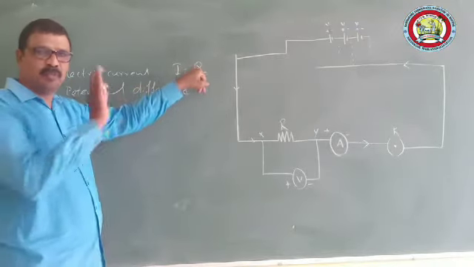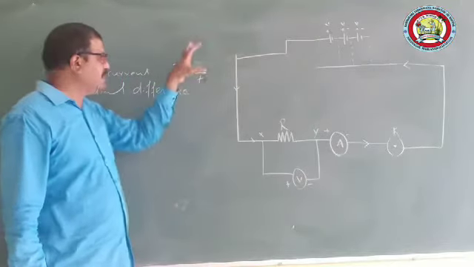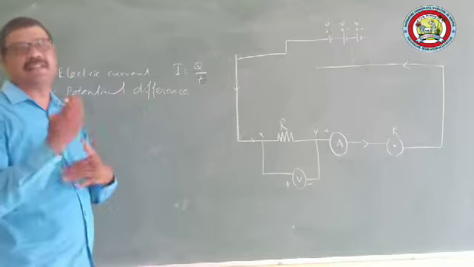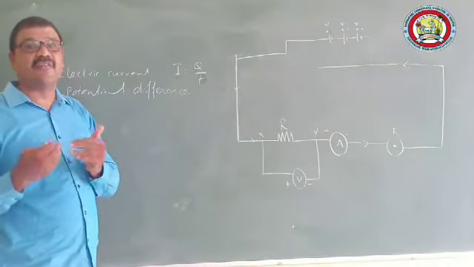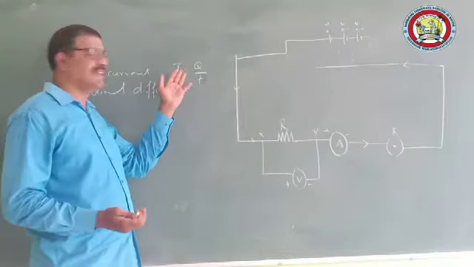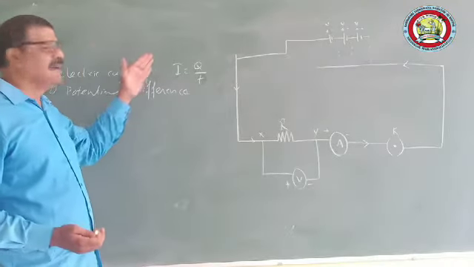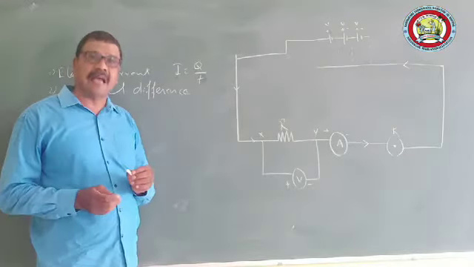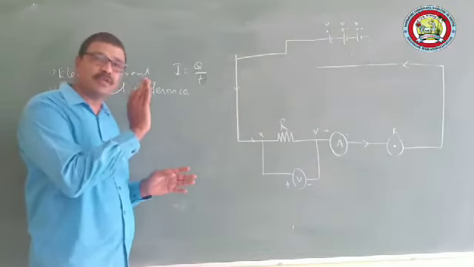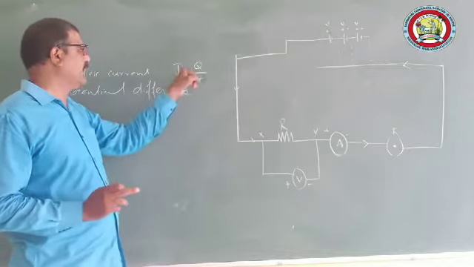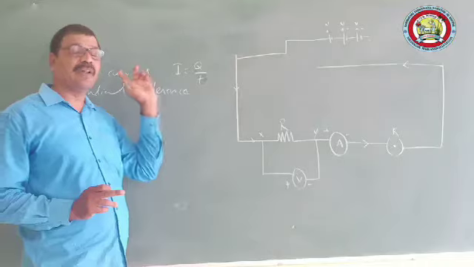Q is the charge passing through a certain point in a period of time t. Let me put it the other way around now: I am not saying rate of flow of electrons, I am saying the rate of flow of charges is called electric current. We learned that the unit of electric current is ampere, and that if 1 coulomb of charge passes through a point in 1 second, the electric current is said to be 1 ampere.